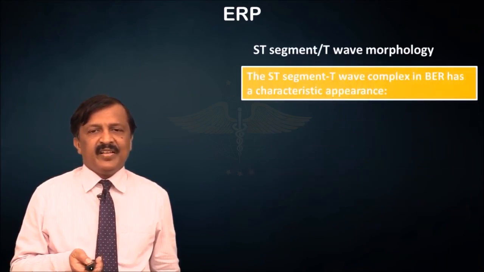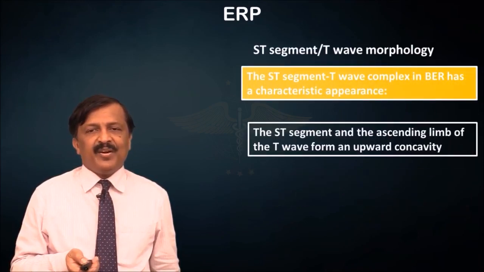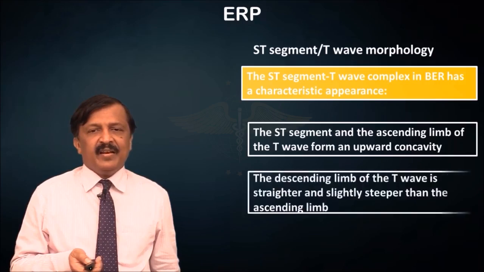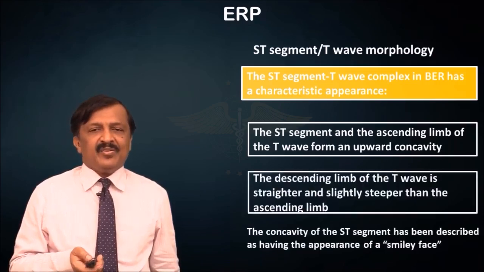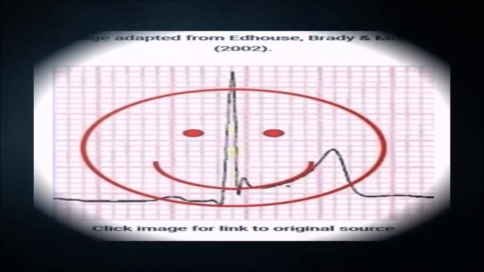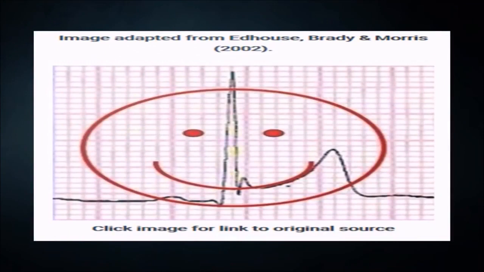The ST segment's ascending limb forms an upward concavity, and the descending limb of the T is straight and slightly steeper than the ascending limb. This gives rise to what is typically described as a smiley face. You see the fish hook appearance, a long ascending limb which is concave upwards, and a shorter descending limb. This is referenced in 2002 by Brady and Morris, who described it as a typical